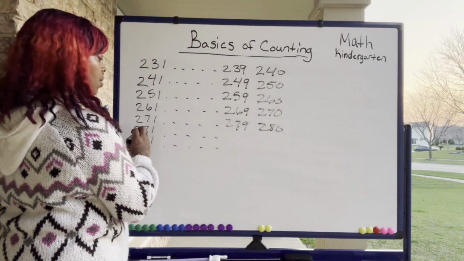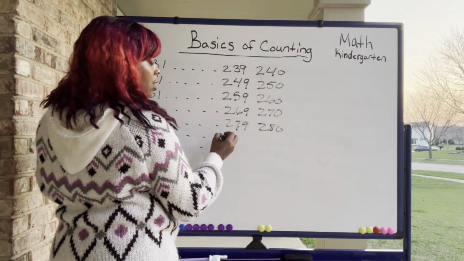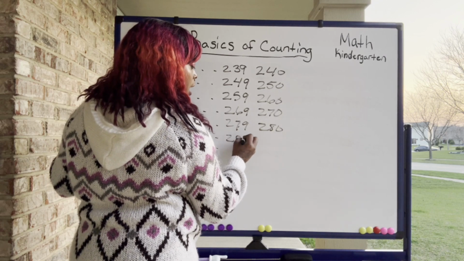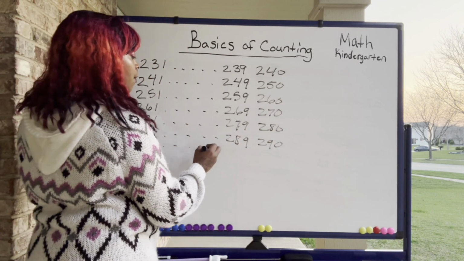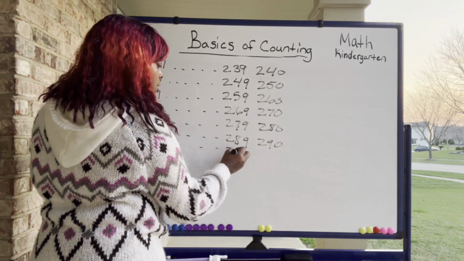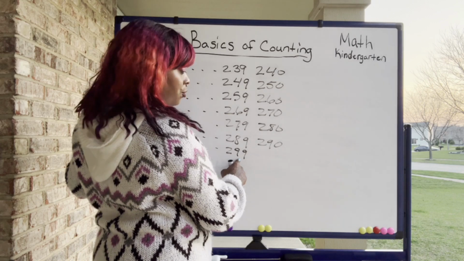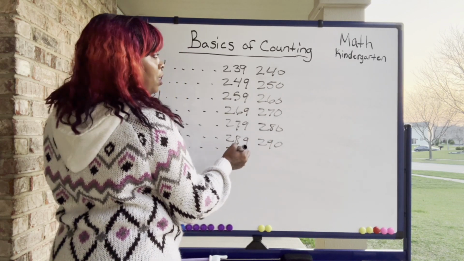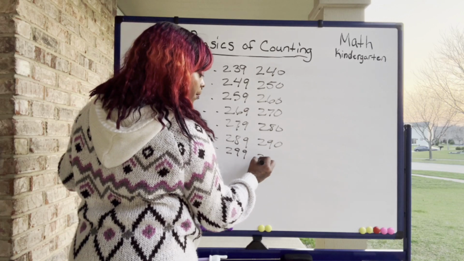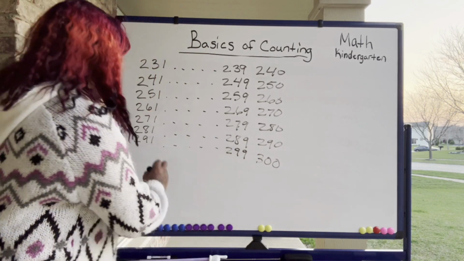After 281, 282, 283, 284, 285, 286, 287, 288, 289, 290, 291, 292, 293, 294, 295, 296, 297, 298, 299. After 99 is 100. So after 100, 200, it will be 300. Then you start over. 301,